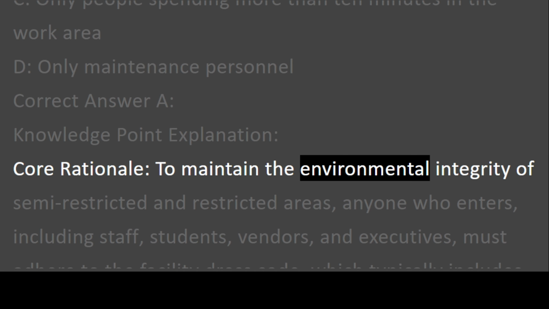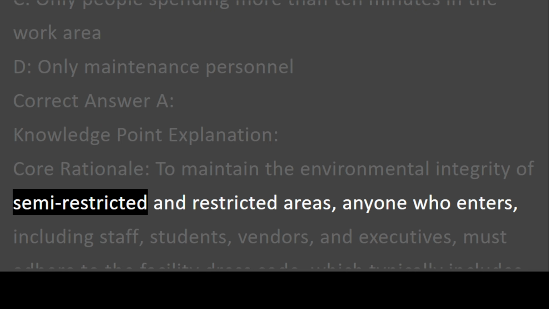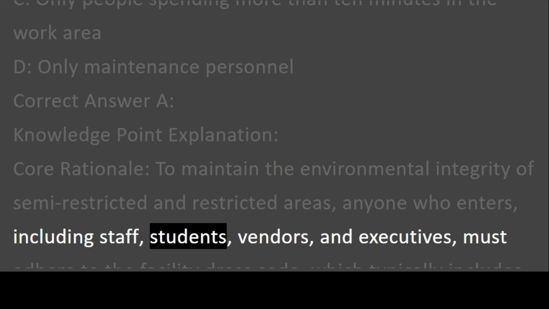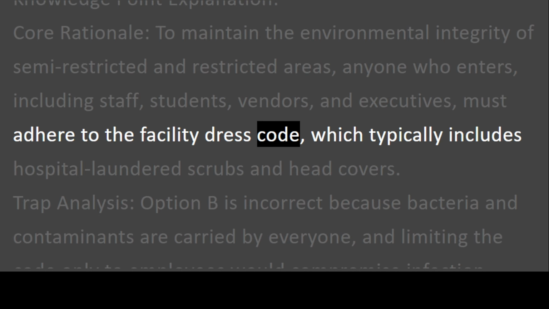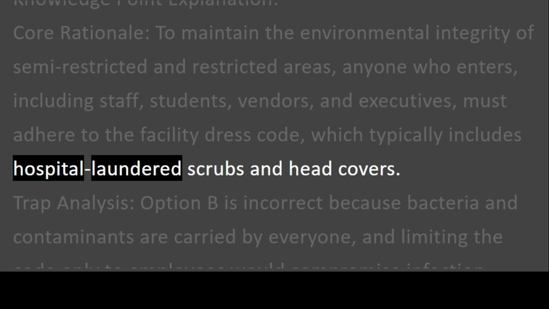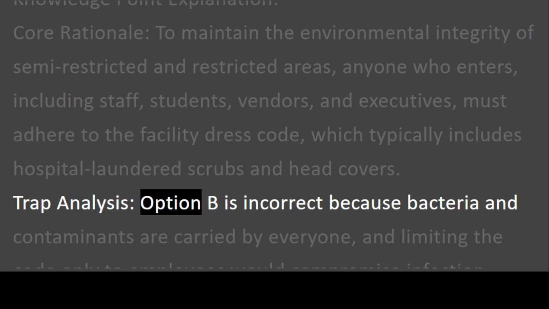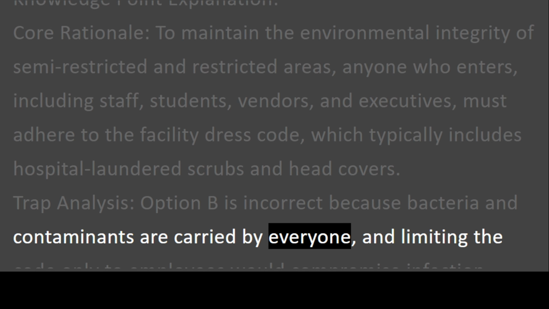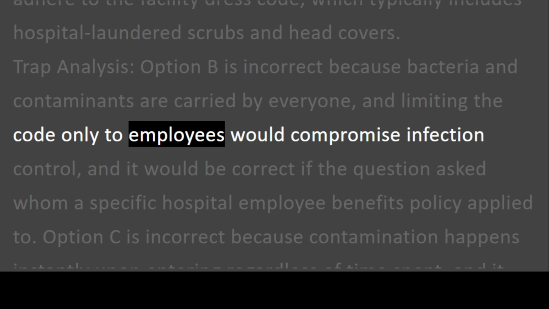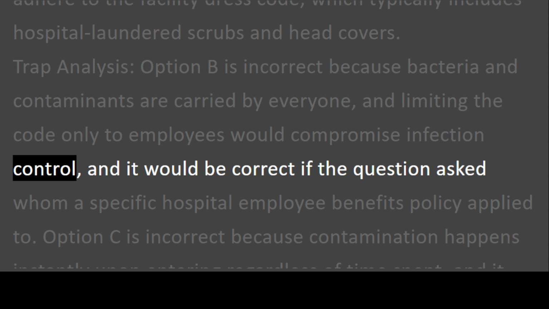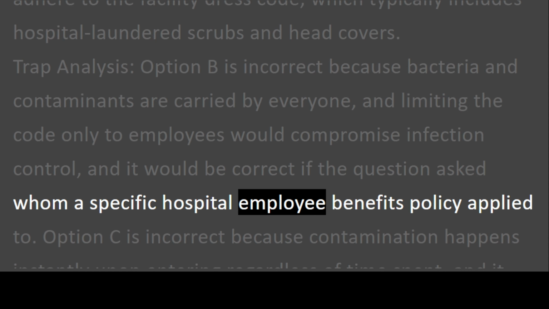Core rationale. To maintain the environmental integrity of semi-restricted and restricted areas, anyone who enters, including staff, students, vendors, and executives, must adhere to the facility dress code, which typically includes hospital laundered scrubs and head covers. Trap analysis. Option B is incorrect because bacteria and contaminants are carried by everyone, and limiting the code only to employees would compromise infection control, and it would be correct if the question asked whom a specific hospital employee benefits